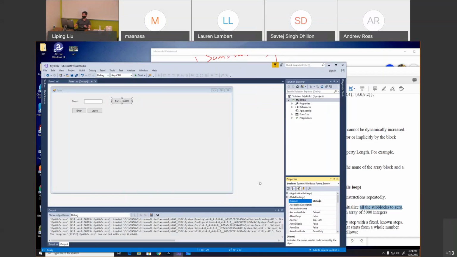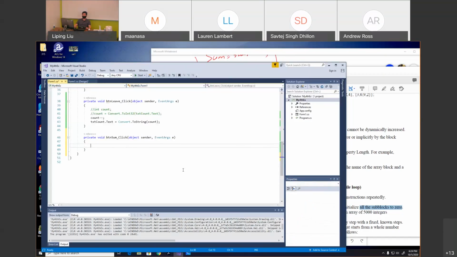All right. And then after the button is calculated, I want the result to be shown here, in this variable, in this text box. Okay. All right, let's get started. Double click on this button. Okay, so first